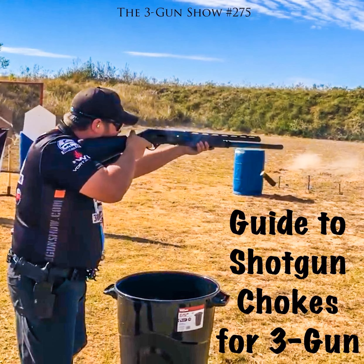But what I did, and what you can do yourself, is I printed out a choke chart. Don't recall where I got it. It's probably on Wikipedia or something like that. It just tells you where chokes start and where they end as far as constriction goes. A lot of times there are ones in there that you don't have or don't need, or ones that we've never even heard of in 3-gun, like light full. Yeah, there are some wildcat ones. So maybe make your own spreadsheet and eliminate those, but make a little card to keep with you in